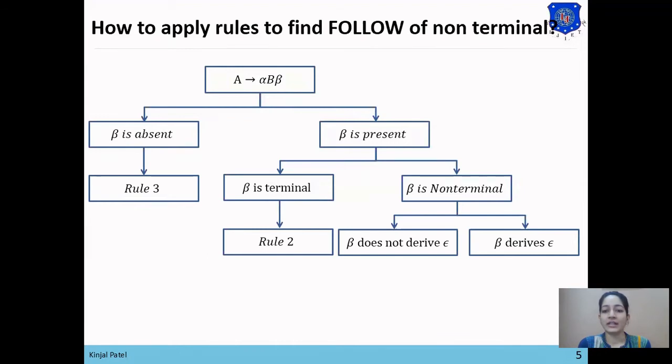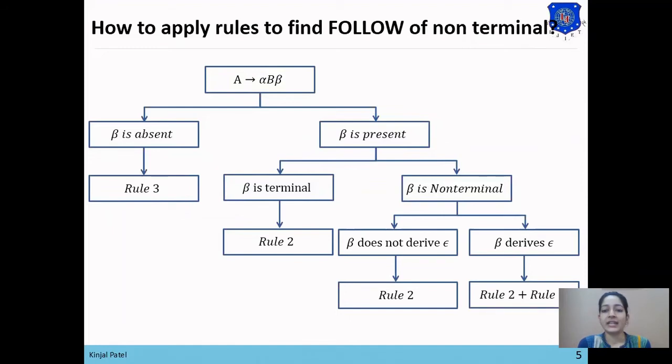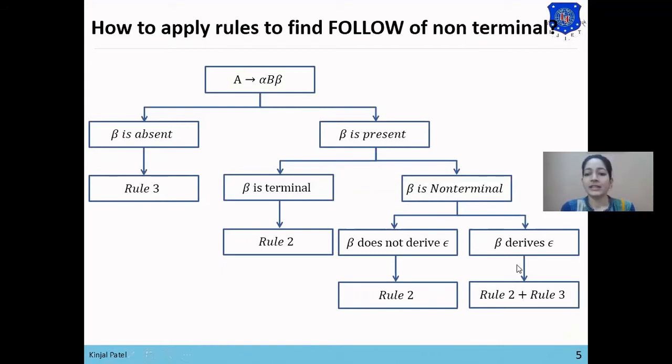So if beta does not derive null, then we will apply rule 2, which says that first of beta will be placed in follow of B. And if beta derives null, then we'll apply rule 2, which says that first of beta except null will be placed in follow of B. And we will substitute beta with null. So our production will be like A produce alpha B. So we will also apply rule 3, which says that follow of A will be placed in follow of B.